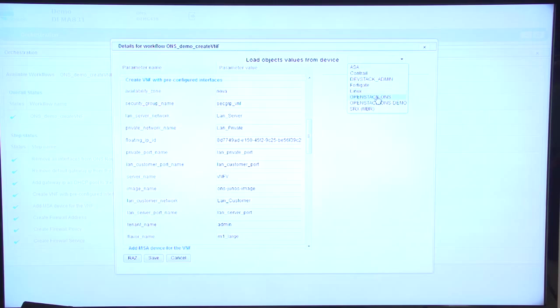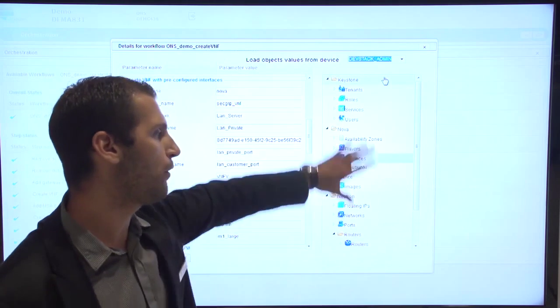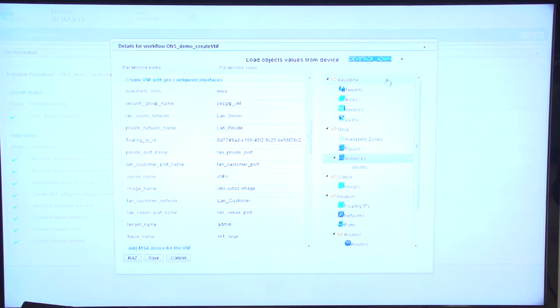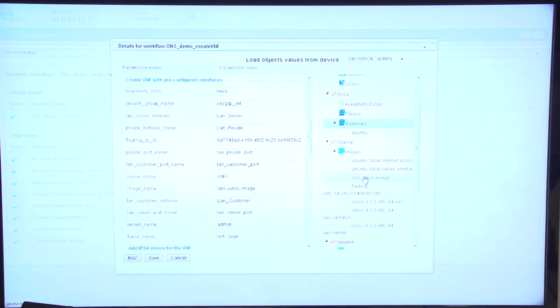When I want to set all these parameters, I can use my object console one more time. By selecting my OpenStack server, I'm able to list all the objects. For example, by selecting images, I'm able to list all the images available on this server and simply drag and drop the image as a parameter.